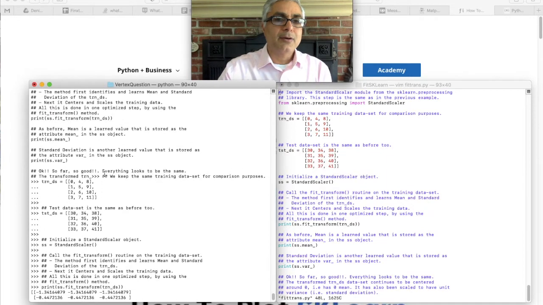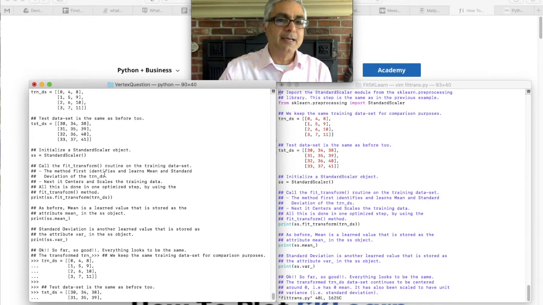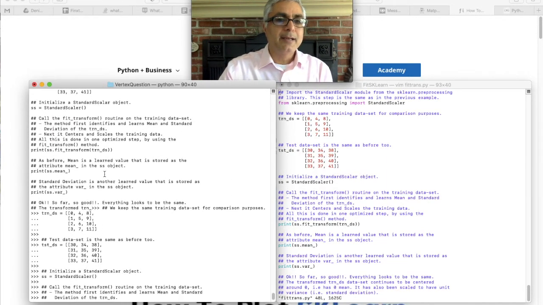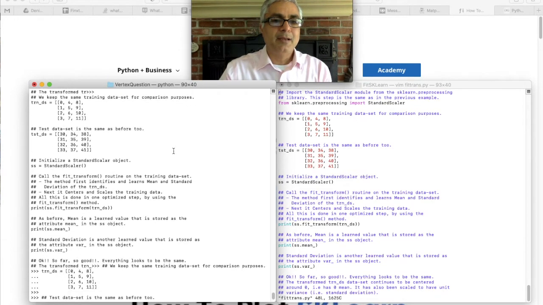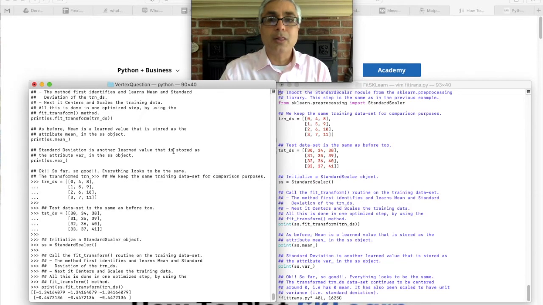Again, I imported my sklearn library. Right here, this is where I use from sklearn.preprocessing import StandardScaler. So everything is the same, all the data is the same, and we just call the fit_transform method on the training data set this time, instead of calling fit and transform separately.